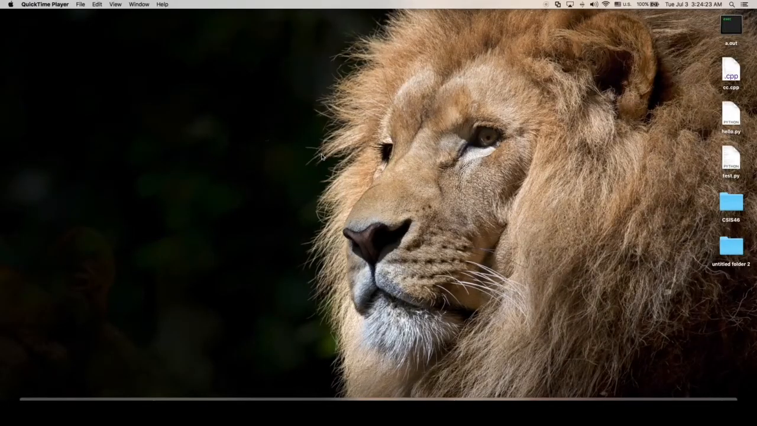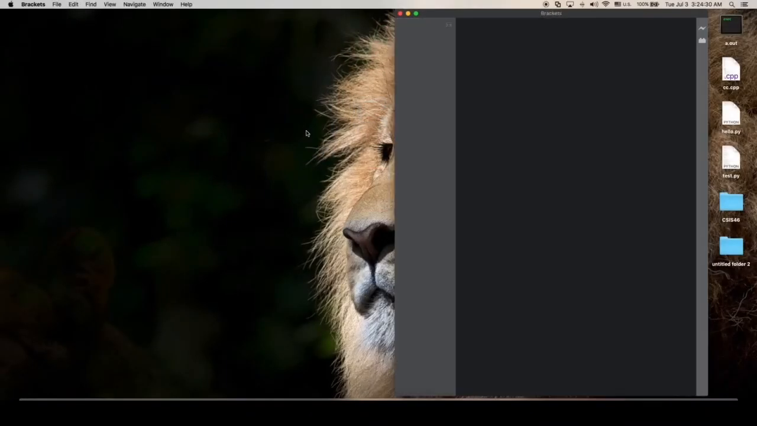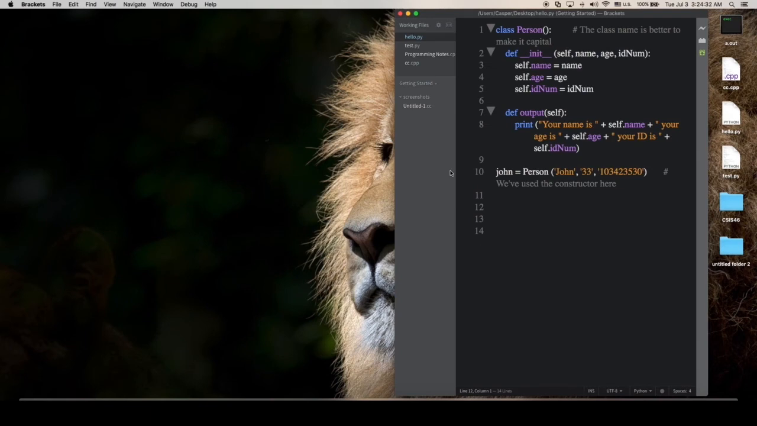Accessing variables or functions of an object. If you have a class object and you want to access its variables or functions, it's really easy to do so. First, open Brackets. As you can see, this is our previous code. So to access a class object's variables or functions,